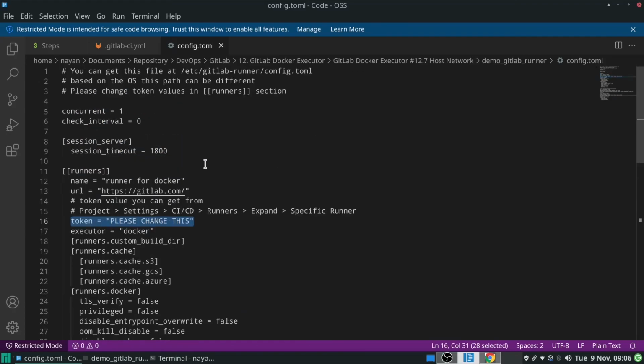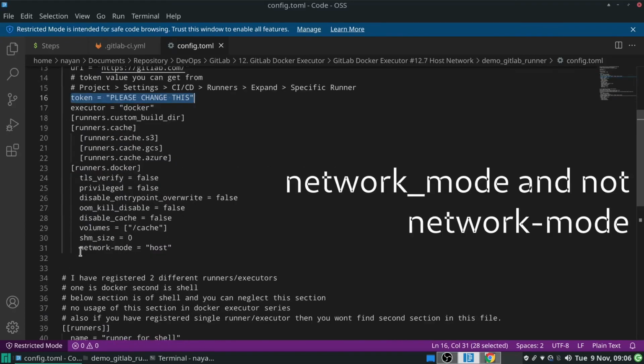Third and final thing that you need to do is set network_mode = "host". If this parameter or line is not there in this runners.docker section, you just need to add this particular parameter network_mode = "host". Once you have made all the necessary changes, you are ready to utilize host networking mode with GitLab Runner Docker executor.